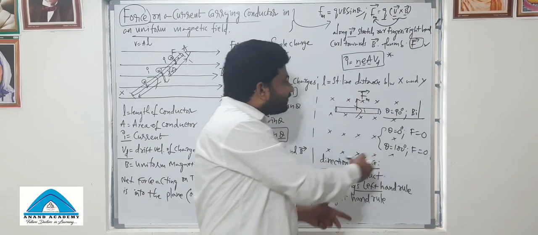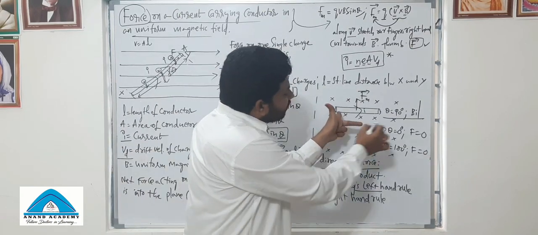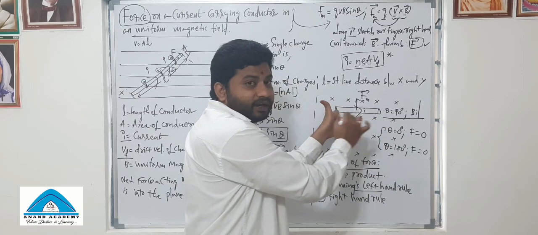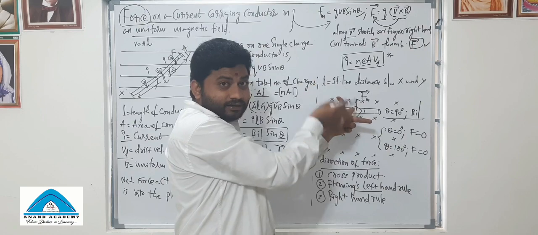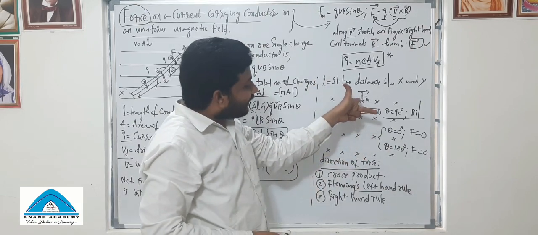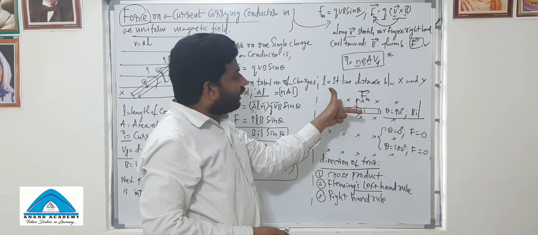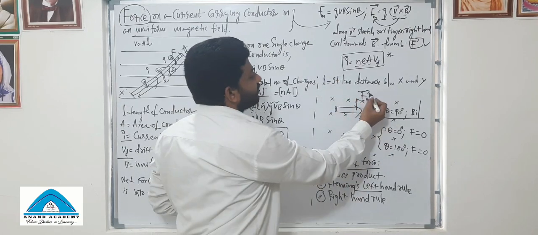So magnetic field lines are into the plane here, and the current direction is kept along the middle finger direction. See here at this point, and you see the force direction. Force direction is this one. Understand? So that is correct. Clear? Magnetic field, electric current and the force. So force direction is this one.